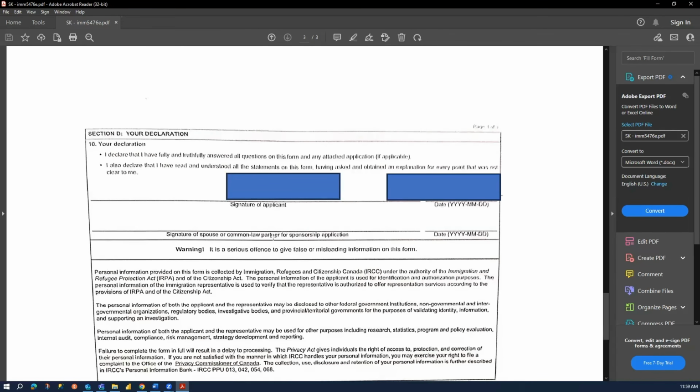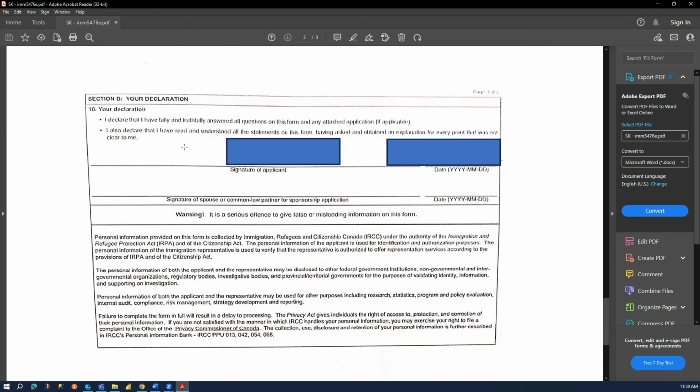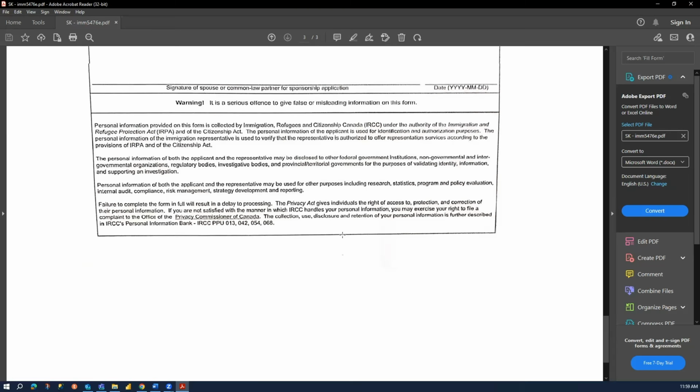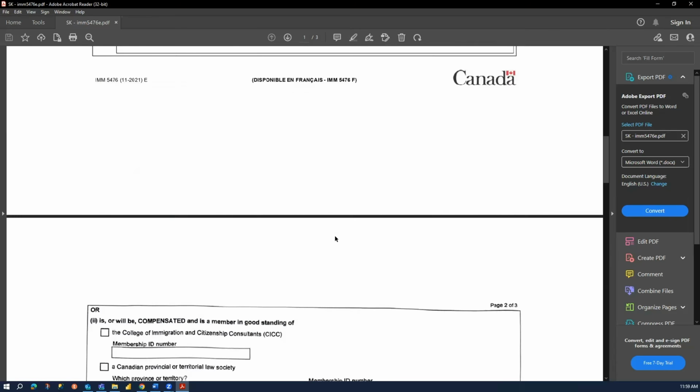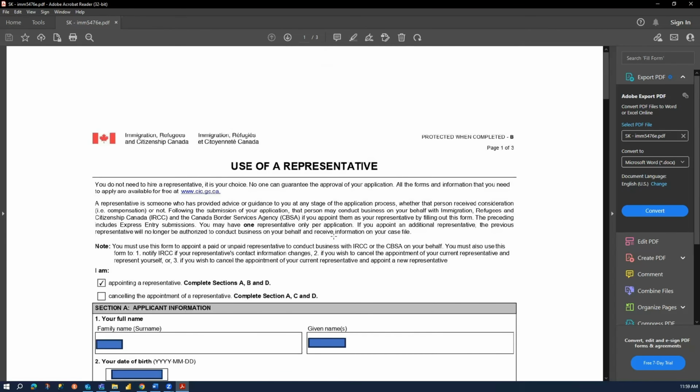And then on this page, it's the declaration by your father. So your father will sign this document here and write the date. That's it. This is all about the IMM 5476, and you need to fill this document again separately for your